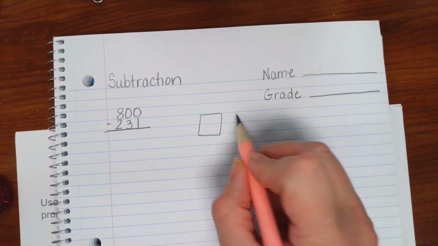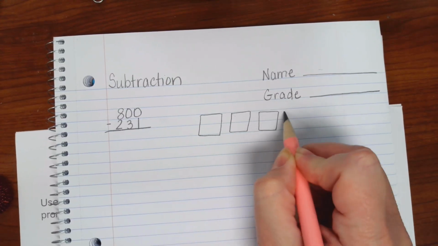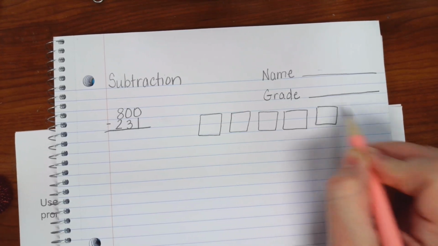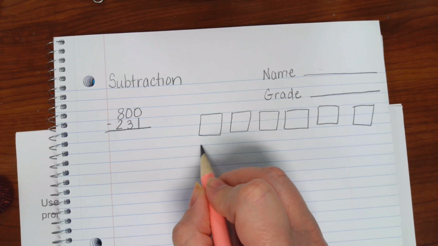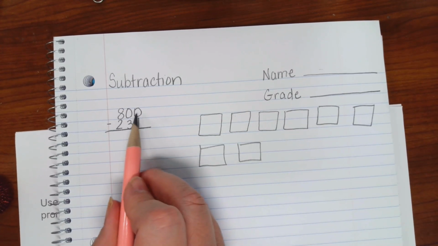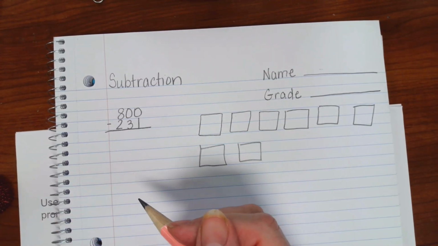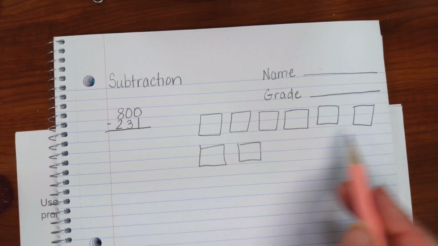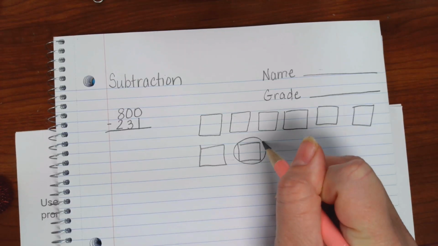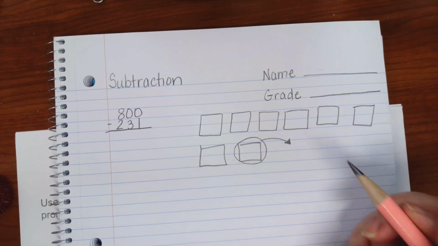So I have 8 hundreds I need to draw. 100, 200, 300, 400, 500, 600, 700, 800. Now I have to do 800 because this is my whole, and I need to take one away. I don't have any ones to take away, so therefore I have to change out, cash in, whatever you want to call it, those are different words,